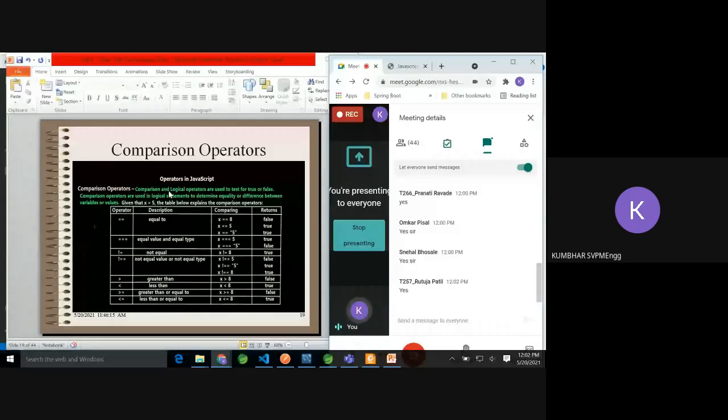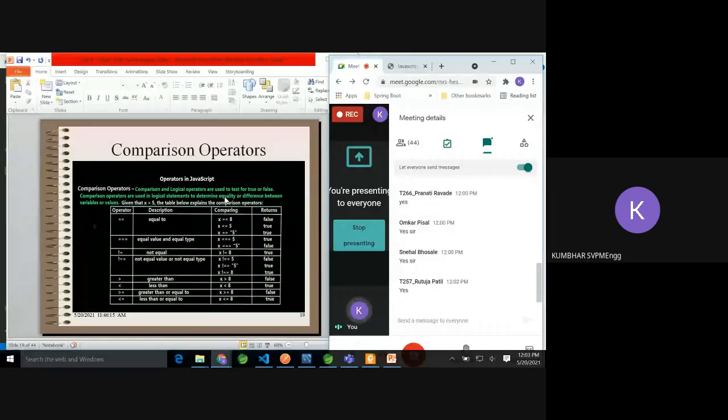Comparison and logical operators are used to test true and false, whether they are equal, not equal, like that. Comparison operators are used in logical statements to determine equality and difference between variables or their values.